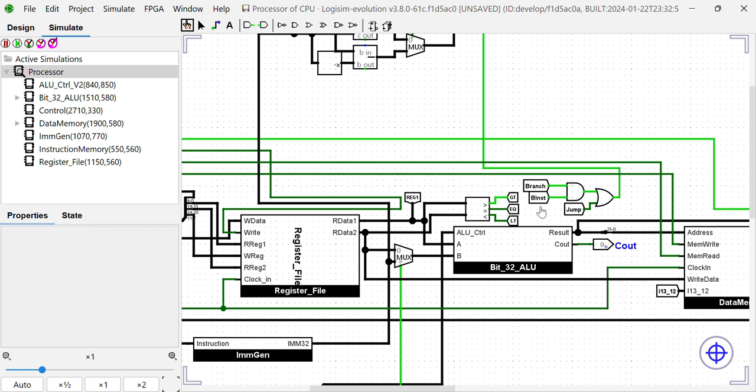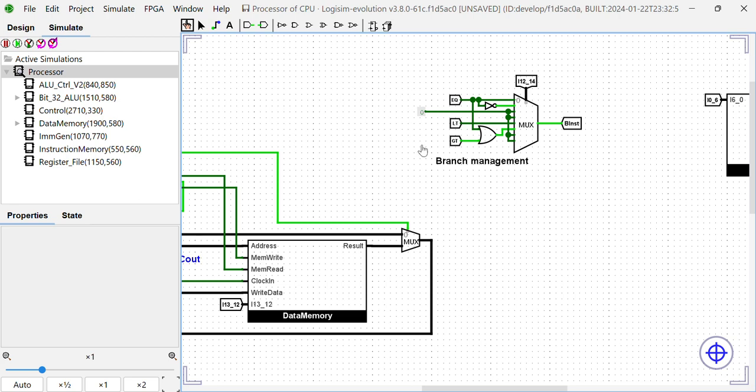meaning that we're using a branch instruction, and bints is essentially the output of this mux. This mux selects based on bits 12 to 14, so essentially the funct3. What is